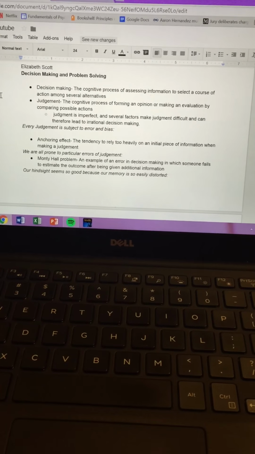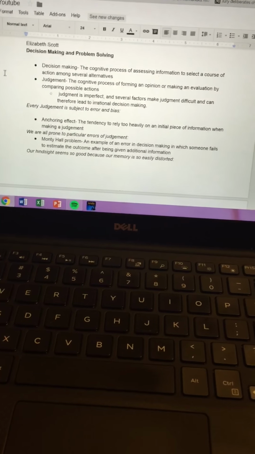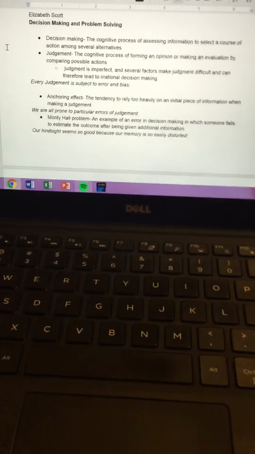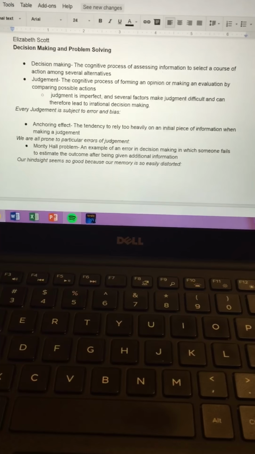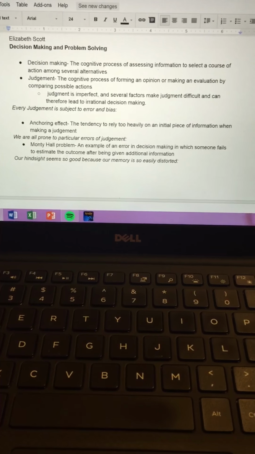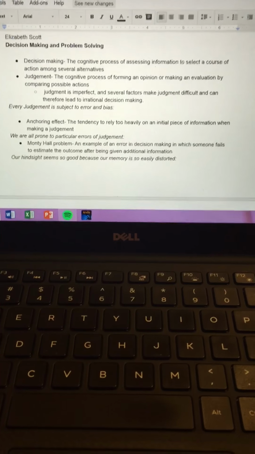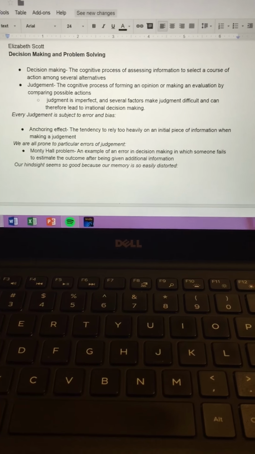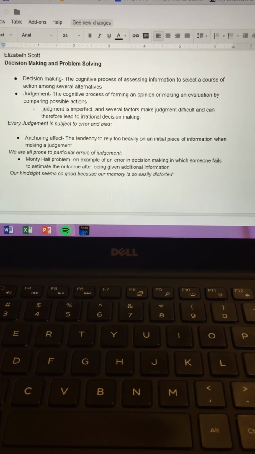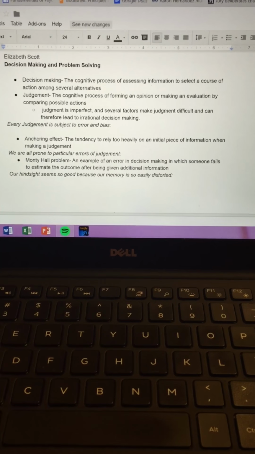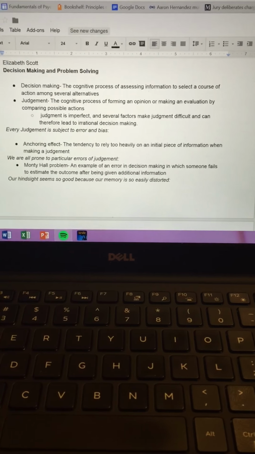Hey guys, we're going to discuss Chapter 10, which covers decision making and problem solving. Decision making is the cognitive process of assembling information to select a course of action, and this is when you're offered several alternatives. This goes down to judgment, which is the process of forming an opinion or making a decision